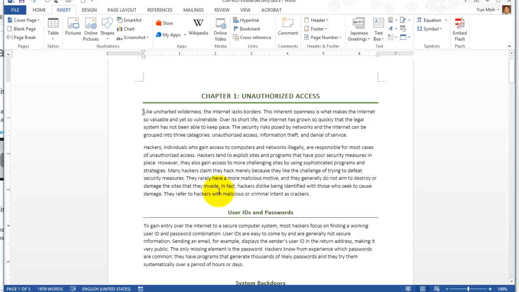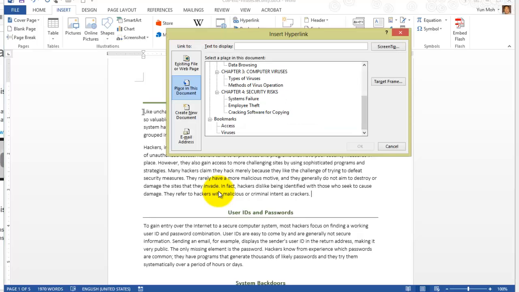So after the insertion point, put a space bar, and we're going to put another hyperlink. At this time, we're going to use not a bookmark to hyperlink. We're going to use one of the headings. All right, so go back to Insert, Hyperlink, and then we're going to go to, where are we going to? Let's see, hyperlink to insertions, and make sure that we go to place in this document,